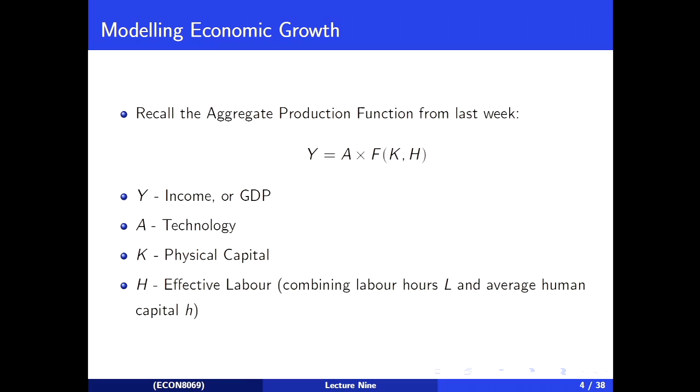And so if we think about, say, capital against output, so let's fix H and A, and look at capital versus income, then what we're looking at is basically y equals some constant times k to the third. And so we need to know what k to the third looks like, and it looks like this. This is what y equals A k to the third looks like.